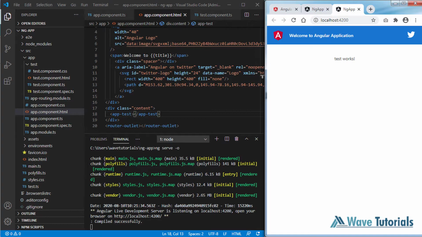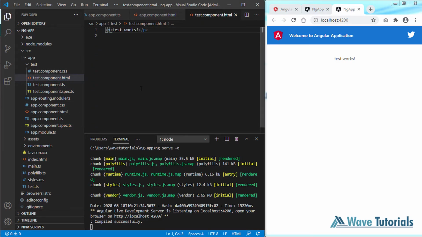So ng serve is successfully compiled and you can see test work displayed here. So let's open the HTML of the test component and you can make any changes here, like